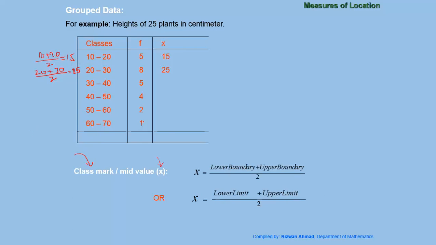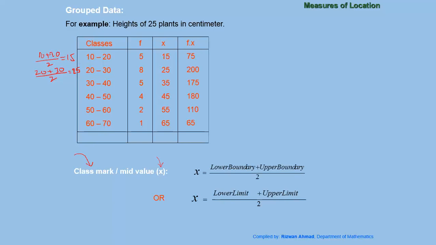So this is the way in which we can extend this to find all the other values. For 40 to 50, then 50 to 60, and then 60 to 70. Now, after that, we will multiply the frequency of each class by the class mark of that. So that is called f times x. f times x for the first class is 75. For the second class, 200. Third class, 5 into 35 is 175. Then the next, and the next. So we don't need to show all this working. So directly we can write them as